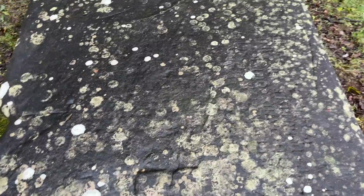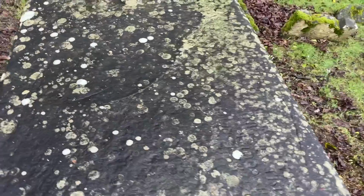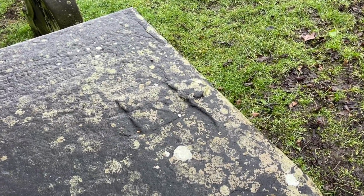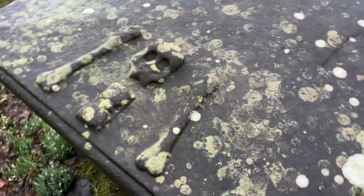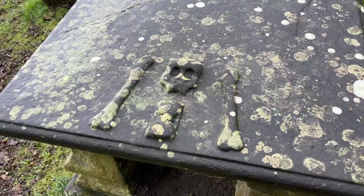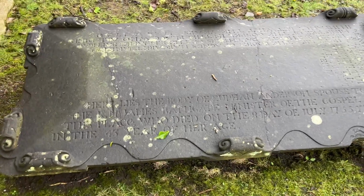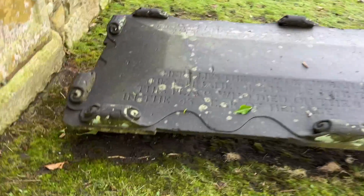Is that just weathering, or is there more to it than that? I don't know. Oh, actually, if you look at it from this side in the right light, you can see there is, I'm guessing that is a winged head at that end, and that's definitely a skull, bones and hourglass at that end. And up in this last corner we've got this quite impressive stone. It's quite impressive, A, because it's sunk quite a long way into the ground, and B, because you can mostly read it,